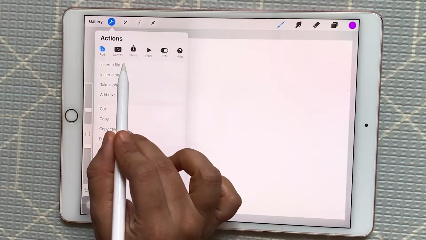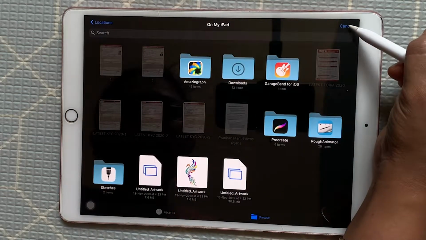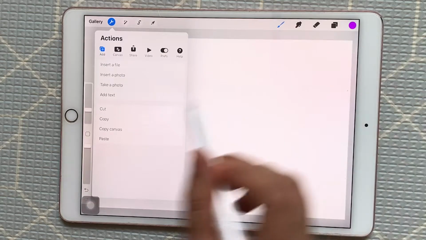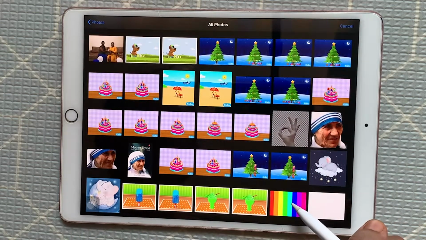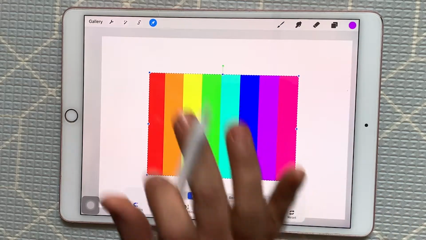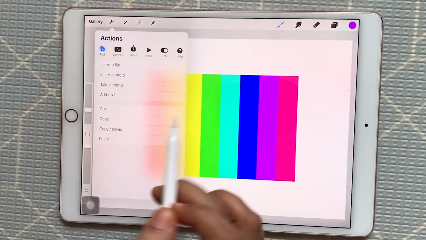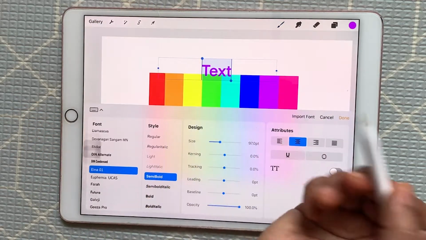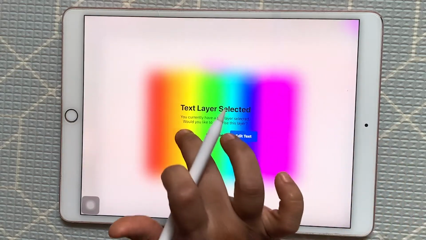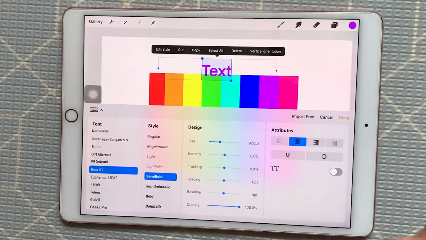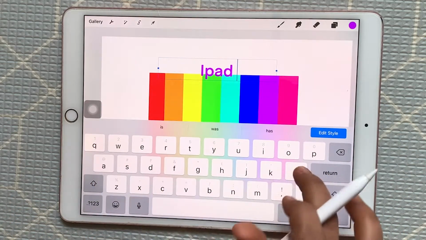Insert a file means if you want to insert any file from your iPad, you can choose that. Insert a photo, if you want to insert any photo for your reference. For example, I want to choose this color palette, so I imported this here. Then text, let's say I write here "iPad lettering."